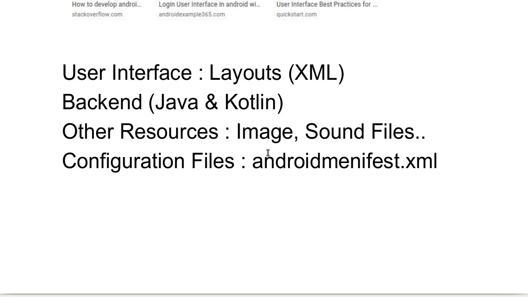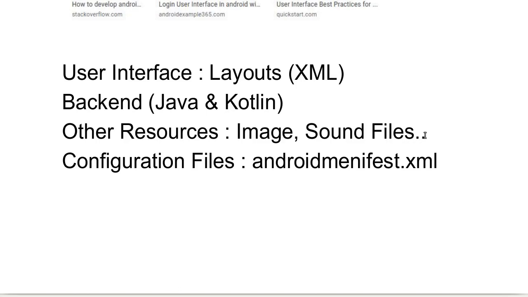Why do we need these images and sound files? Even if we have only a very simple Hello World Android app, we have an icon for that app, and we have to click on that icon. So in that case we need at least one image, that is the icon of your application. Similarly, we need sound files in case the app requires them. These things like images, sound files, and videos we call the resources.